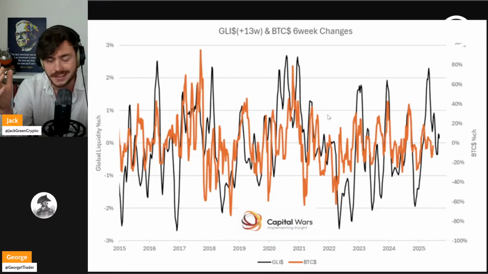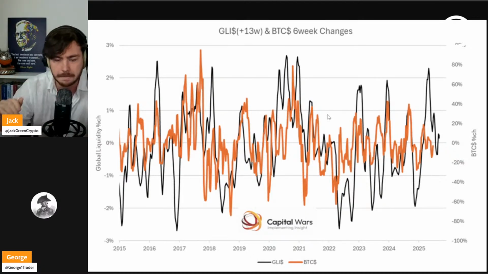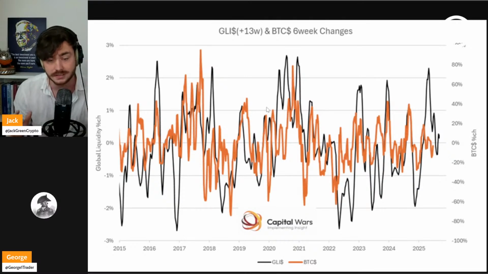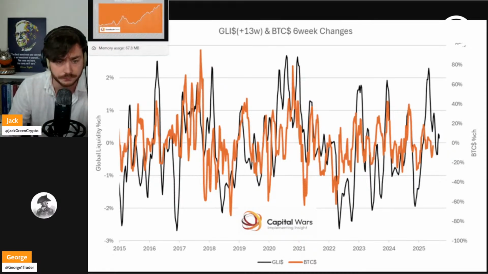For me, 83% is super, super good in investing. You never see a metric which is that correct. So I give that 100%, and that is what I base my investment decisions on. So then let's have a look. Where is global liquidity at the moment, and what can we do?